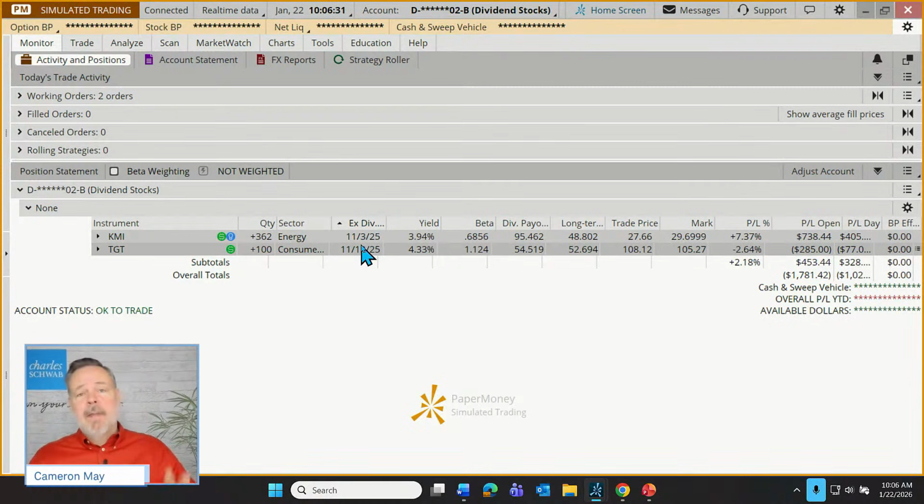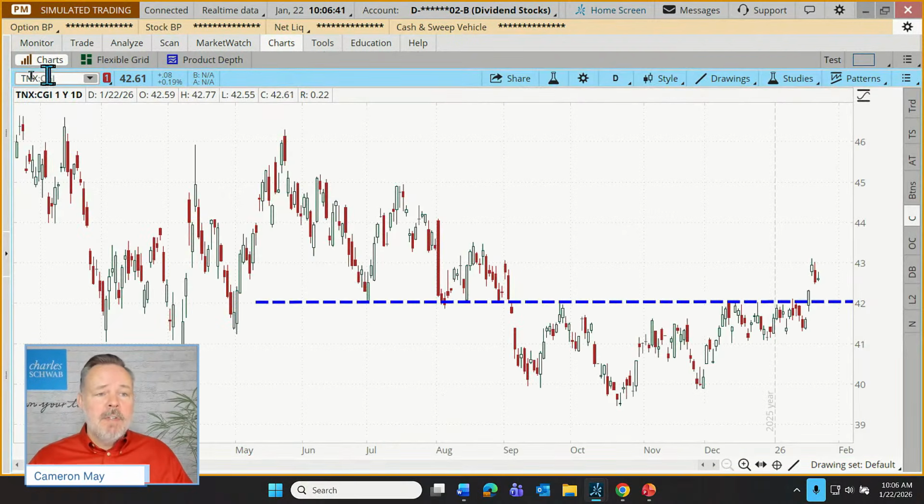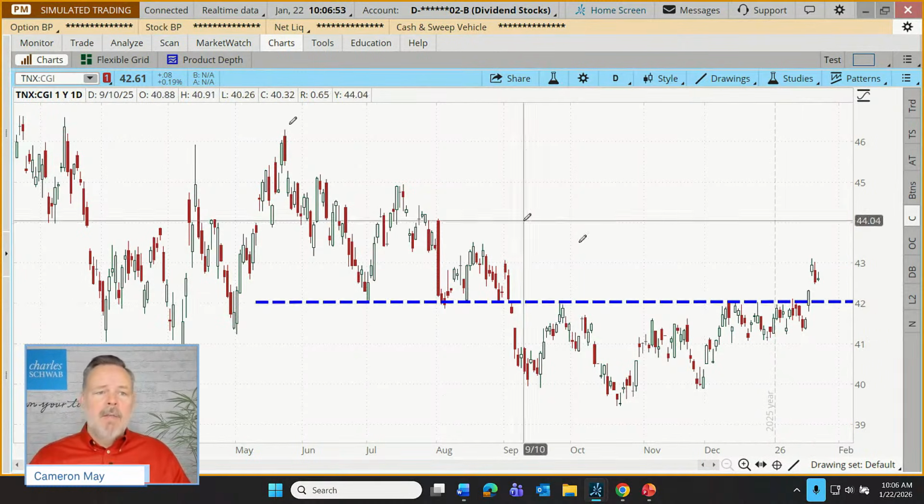And there are a couple of things. Now, not every dividend investor is going to look at exactly the same indices that I'm about to show you, but they could be important for those investors. So let's go to the charts, and let's first of all look at what's going on with 10-year yields. This chart symbol here is TNX:CGI. So this is a chart of the yield on 10-year treasuries, right now about